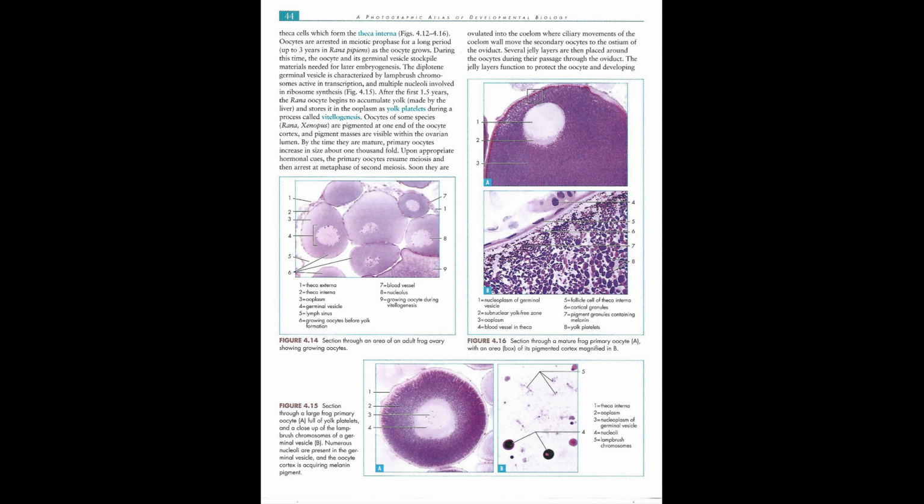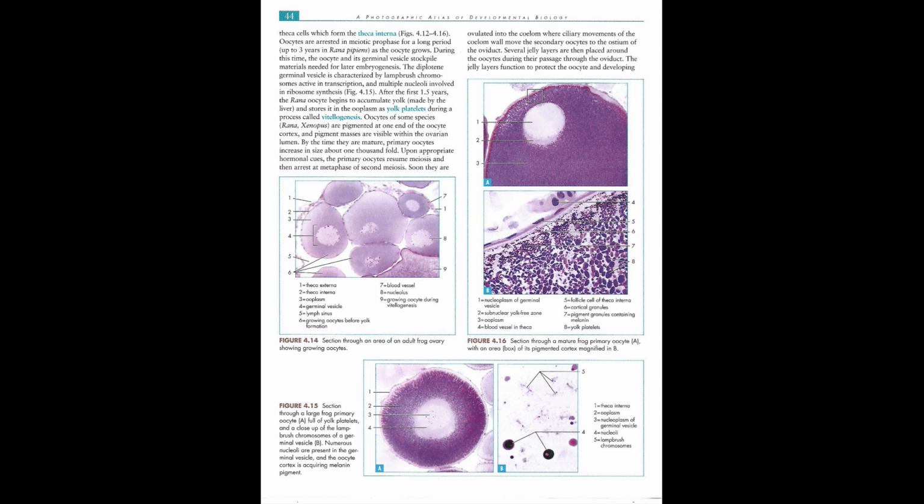Oocytes are arrested in meiotic prophase for a long period, up to 3 years in Rana pipiens, as the oocyte grows. During this time, the oocyte and its germinal vesicle stockpile materials needed for later embryogenesis. The diplotene germinal vesicle is characterized by lampbrush chromosomes active in transcription, and multiple nucleoli involved in ribosome synthesis,